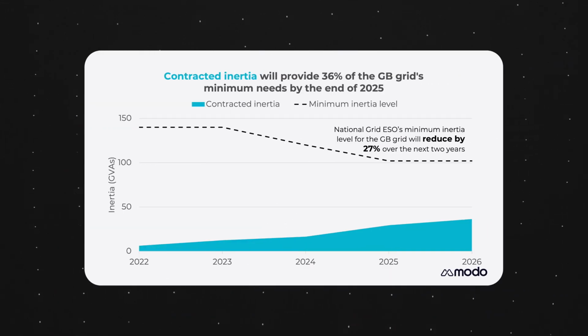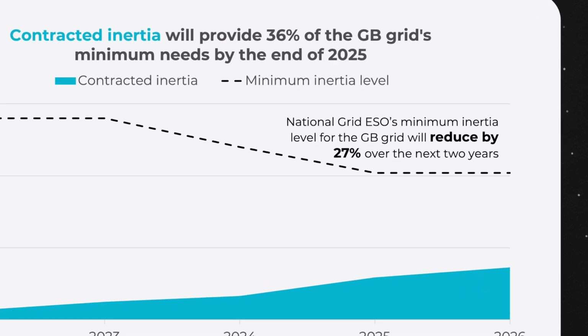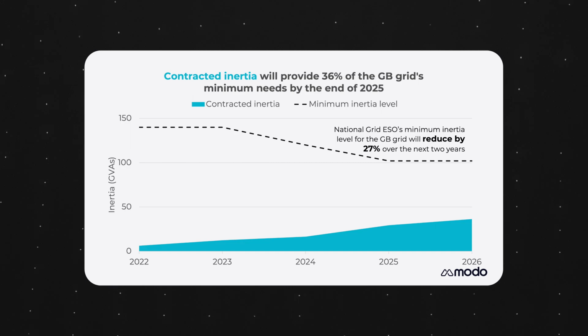Both inertia and short circuit level have traditionally come from big thermal generation, but in the drive to net zero, the ESO needs to get them from cleaner sources, and it has to contract for them specifically. The ESO is aiming to reduce the minimum level of inertia that the grid needs by 27% over the next 2 years. It can do this because of the introduction of fast-acting frequency response services, specifically dynamic containment and dynamic